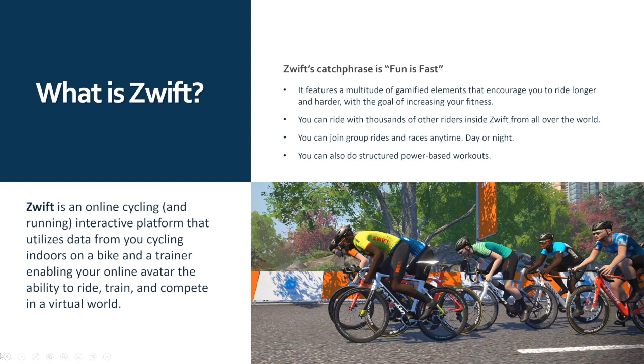It allows you to jump on and do a group ride or a race anytime, day or night, because it's everywhere in the world. Someone is riding a bicycle somewhere at some time. And as I go through and I break down Zwift in the different ways that you can get access to these rides, what you'll see is that there's pretty much a ride every hour, all the way around the clock, every day, 7 days a week, 365 and a quarter days of a year. It also provides you with the opportunity to be able to do structured workouts. Within the actual app, there are workouts that have been prepared for different disciplines.